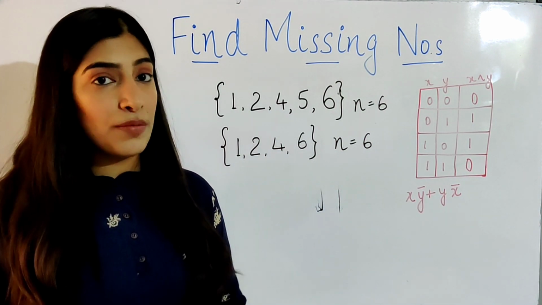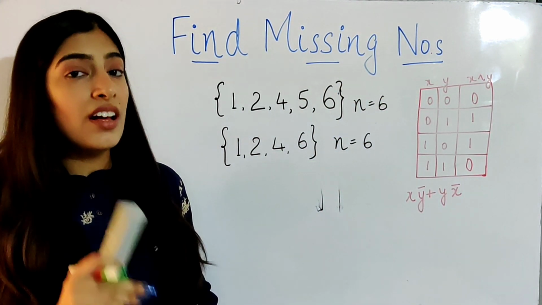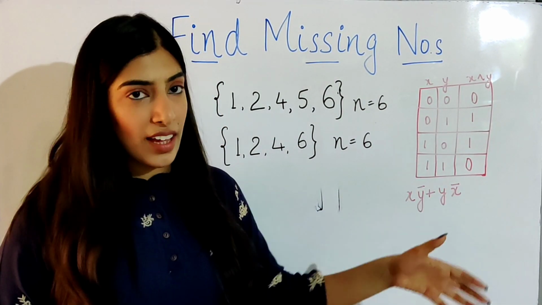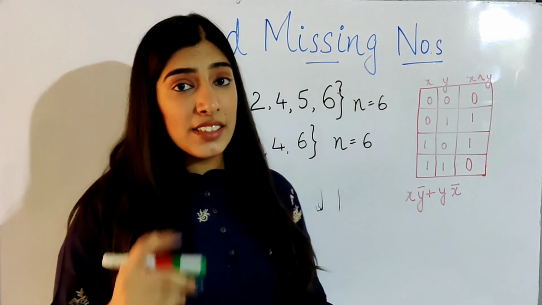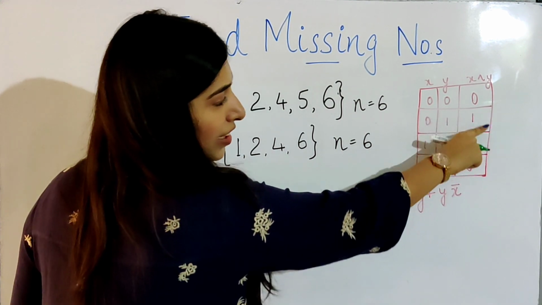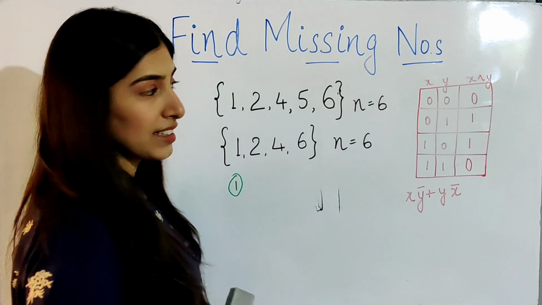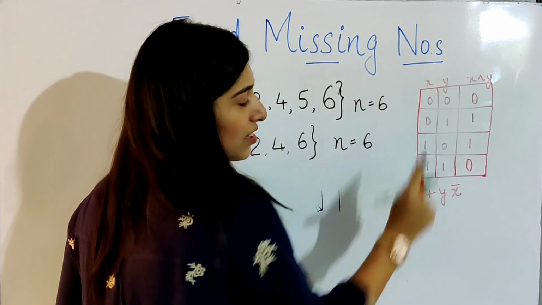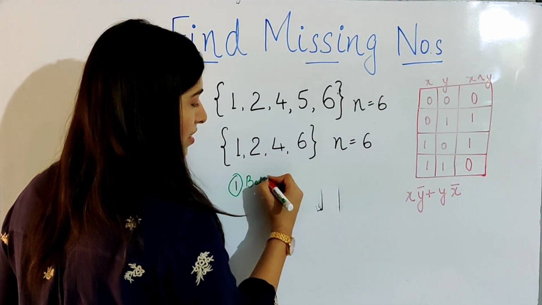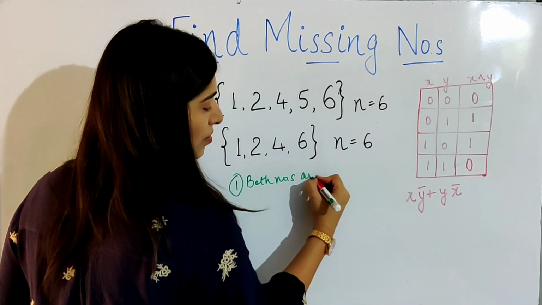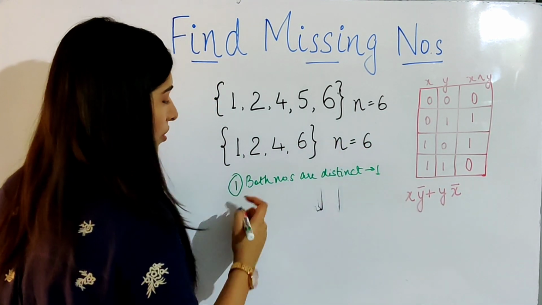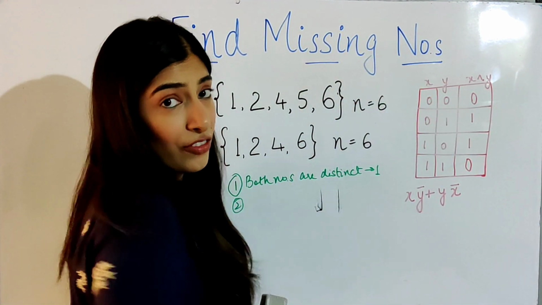Here we will be using three important conclusions that we will get from the XOR table. First, let's see the table that we have. So we know that the XOR is given by x y bar plus y x bar, and this is the table. So let's notice three properties of XOR. The first property is that the final answer is 1 only when the numbers are distinct. That is, if the numbers are both 0, the answer is 0. If the numbers are both 1, the answer is again 0. So only when the two numbers are distinct, the XOR value is 1. Okay, so that is the first observation that we have from this table.